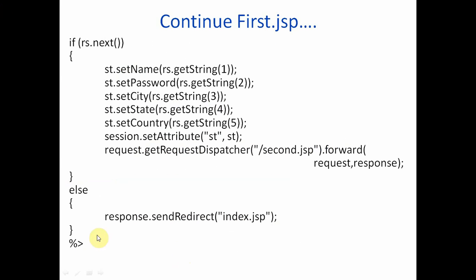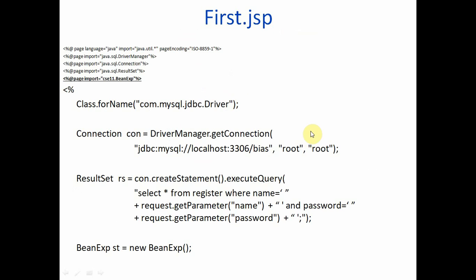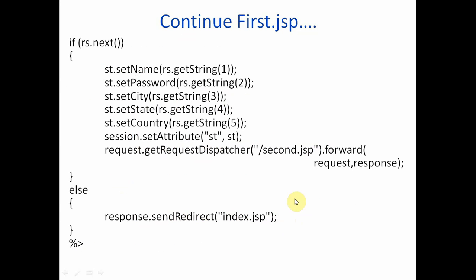So we'll initialize all 5 variables by set, and rs.getString will access the first value from the table, the first column, then the second column value, the third column value. Accordingly it will take input from rs, the result set, and this result set will retrieve the values by running this query. So now we have 5 variables initialized by these functions, and now we are initializing the session.